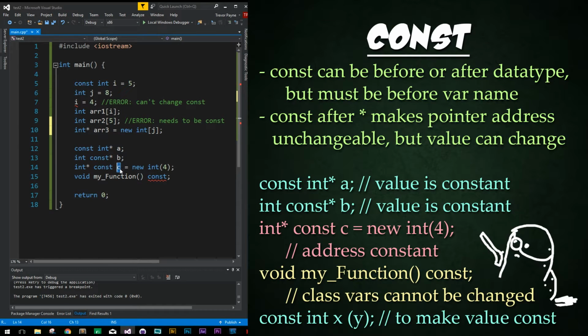So it basically is a pointer to a permanent spot in memory, regardless of what happens to that memory. And here we just set it with a new int and then set the value to 4. Finally, I want to show you the last place that you can place the keyword const, and this would be